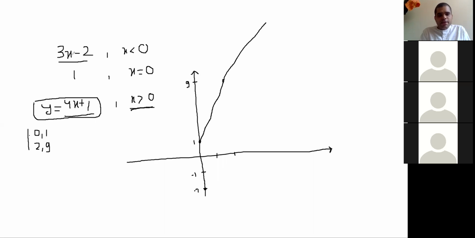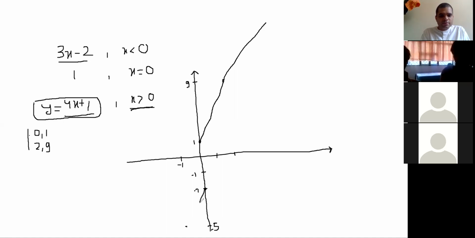And for the second point you take x is equal to minus 1. So what is the value? Minus 5. So minus 1 comma minus 5. Minus 5 is somewhere here. So this will be the point minus 1 comma minus 5. And you join these 2 points. This will be a straight line. So this is the graph of the whole complete function.